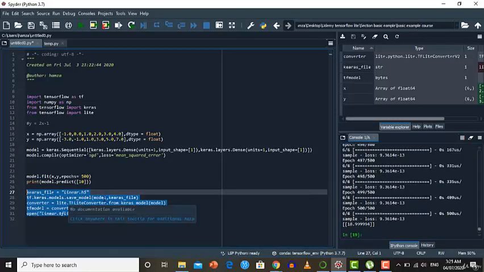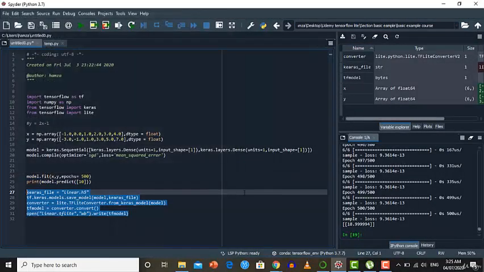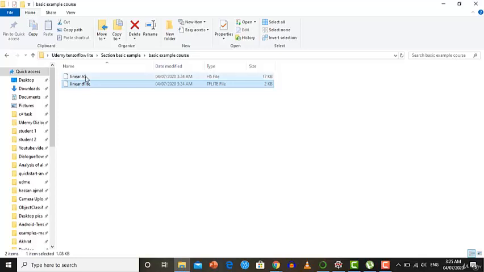These lines are also compiled successfully. Now let's check whether these files are created or not. These files will be saved at the location that you specified here. I specified the basic example course function folder here, so my files will be saved in that folder. Similarly, you can change the folder here by clicking on it. But for now I'm going to keep it as is, and when I open this basic example course function folder, you will see that I have both files, linear.h5 and linear.tflite, and these files were generated at 3:24 AM, which is the same time I ran that code.